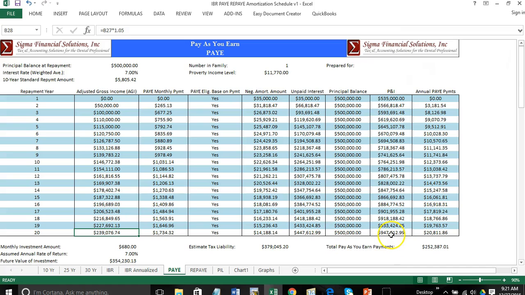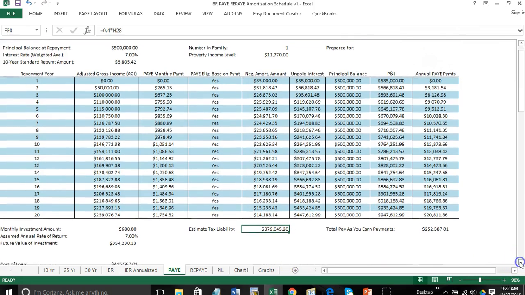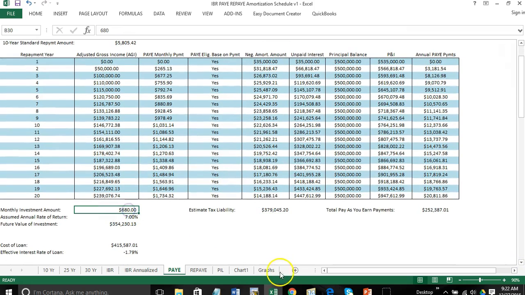So, despite the fact that you have more forgiven, I'm assuming a 40% effective tax rate. Your tax liability as a result of this amount forgiven is about $380,000. Again, I'll have to change this a little bit. So let's say that you have to save about $750 per month. And no, it's still not high enough. So let me say $800. It's getting closer. I'll say $825 just for discussion purposes.